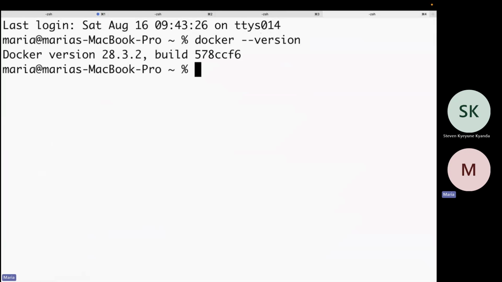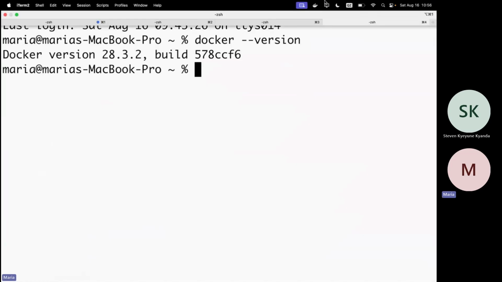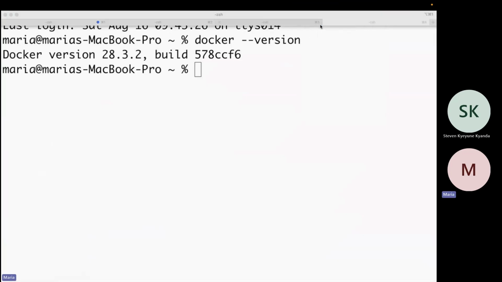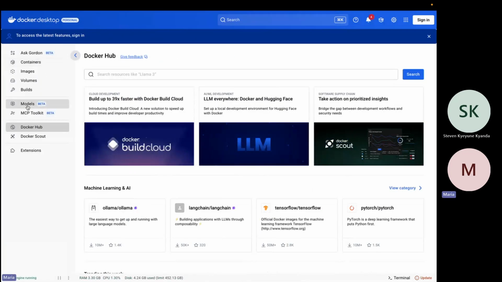So docker --version will show you the current Docker version that you're running. Another way to verify that Docker is running on your laptop is to look for the Docker desktop. So there's this icon here. When you click to go to dashboard, it will show you that Docker desktop.